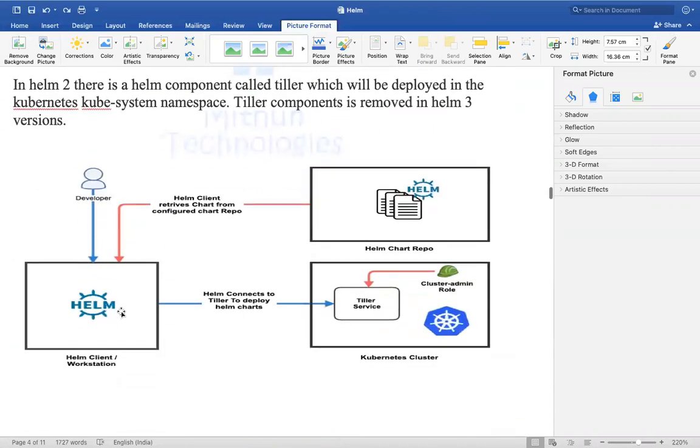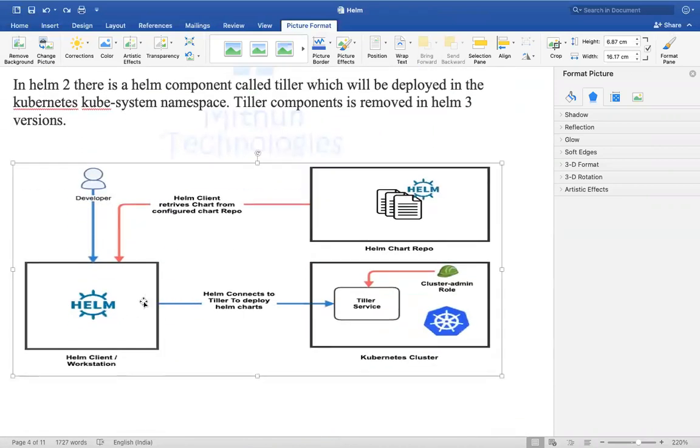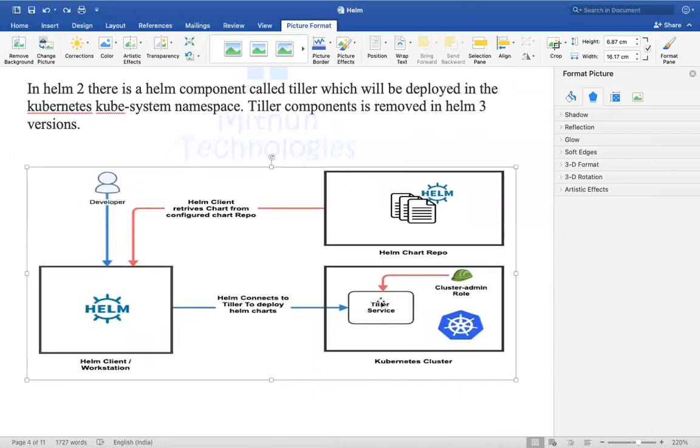But in case of Helm 2, this Helm client needs a middleman in the Kubernetes cluster. One application, one component called Tiller. So in the Kubernetes cluster, you need to deploy one application, one add-on called Tiller, basically a Tiller service. What does it do?